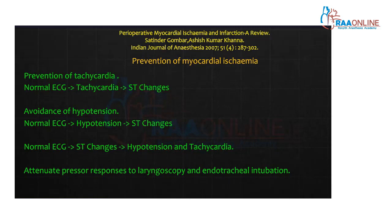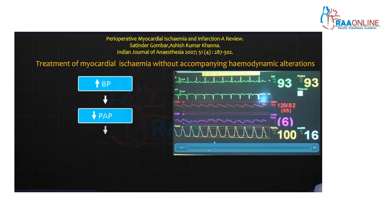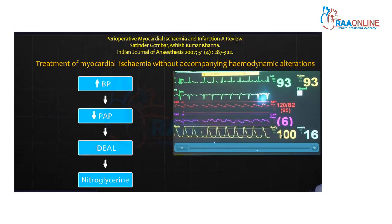And one of the most important things is you have to prevent the pressor response to laryngoscopy and intubation. That is the most crucial period where ischemia can happen. So what are the various hemodynamic changes that can happen? This is a stable